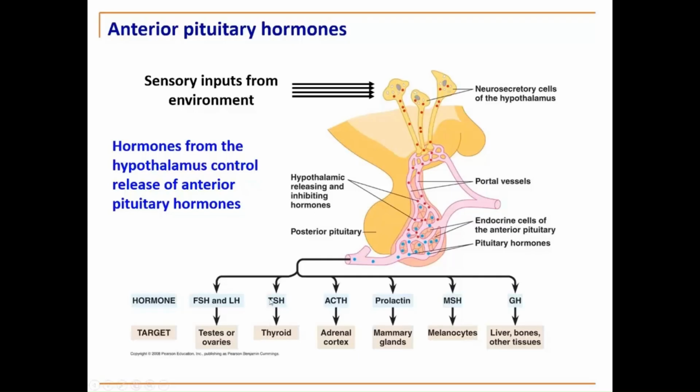You may get thyroid stimulating hormone going on to stimulate the thyroid gland. You may get the release of adrenocorticotropic hormone going on to stimulate the adrenal cortex to produce cortisol. Prolactin may target the mammary glands to stimulate milk synthesis. You've got melanocyte stimulating hormone for stimulating your melanocytes, and then growth hormone for stimulating the liver, bones, and other tissues involved in growth. So all of these hormones, growth hormone, MSH, prolactin, ACTH, TSH, FSH, and LH, are all